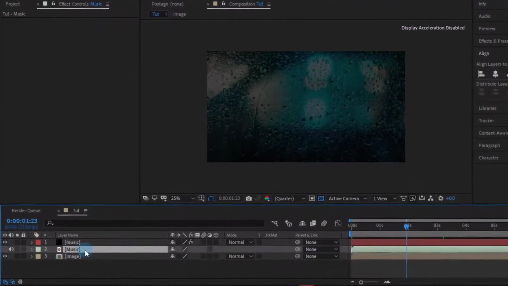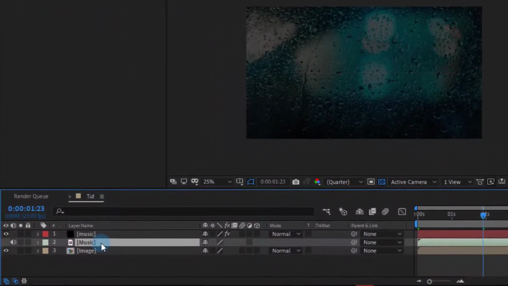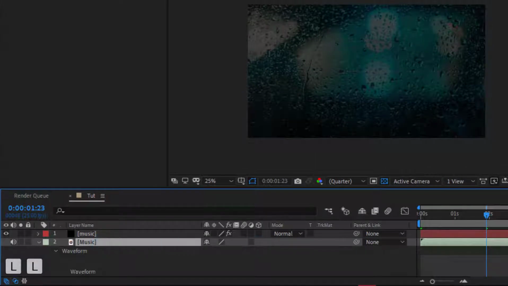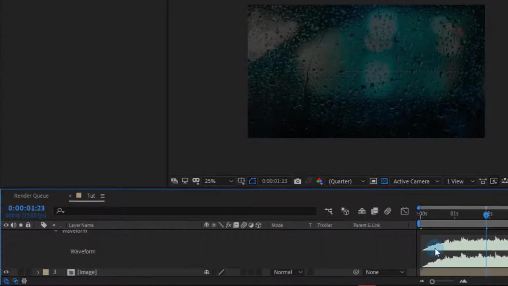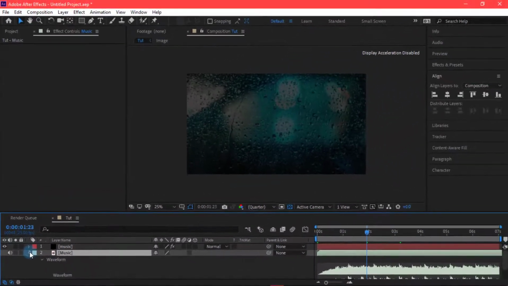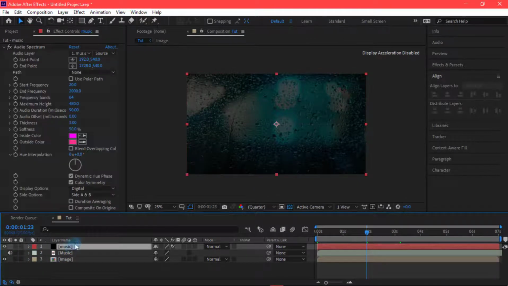But first, if you want to adjust your audio, hit double L on your keyboard and you will get your waveform like this. Okay, so we got this. Now I'm going to change its settings.